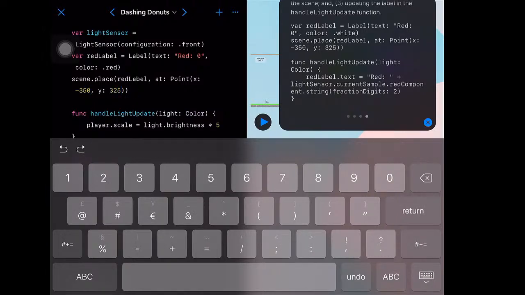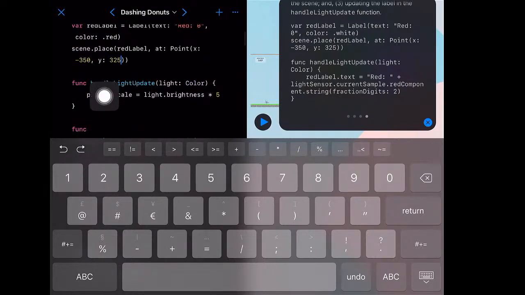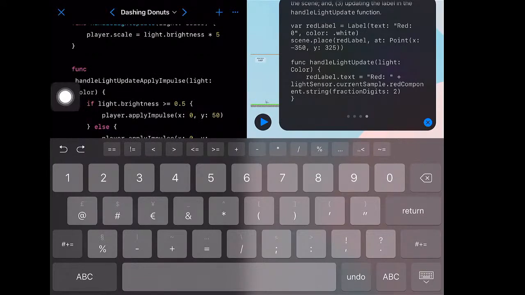And now you see inside the handle light update function, they just update the color. And they say light sensor, current sample, dot, red component, dot string, fraction digits 2. Okay, interesting. Let's try it out. Now we're not using this light update. We're actually using this one here. So we'll add that code after